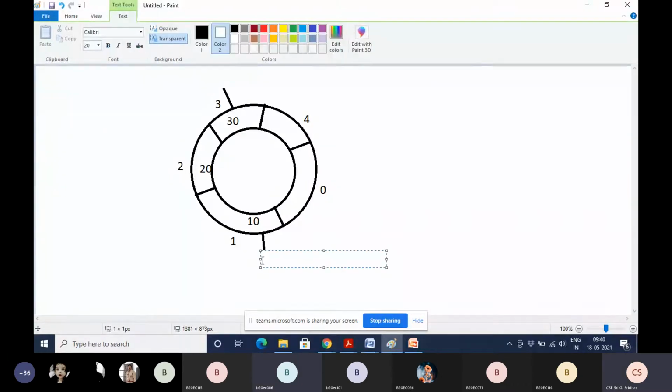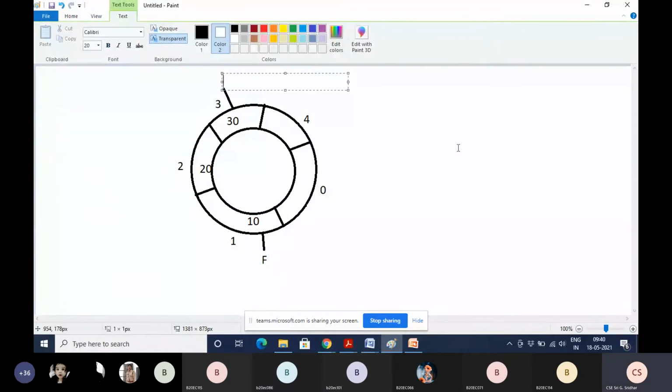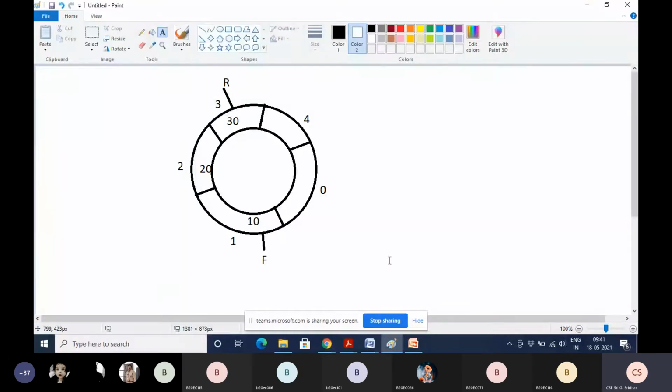Now this is front and this is rear. Now what we are telling here is if circular queue is not overflow. Yes, it is not overflow because still you have two locations to insert the new elements. Fine. And front and rear both are not pointing to -1. Okay, then according to whatever your friend said, you have to increment the rear pointer by 1. Now you are incrementing.